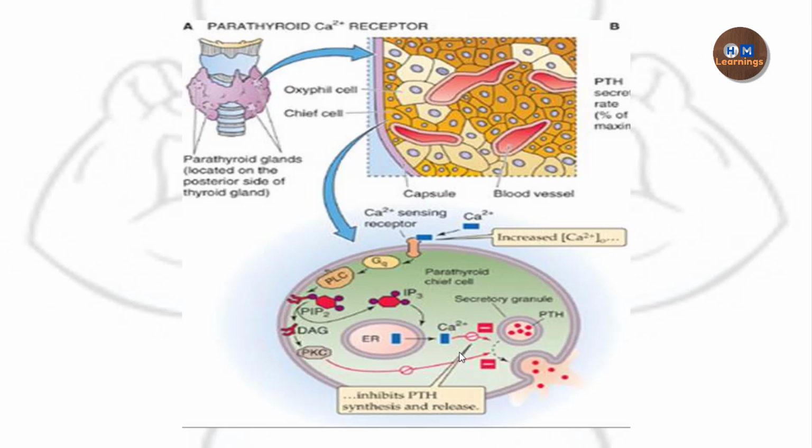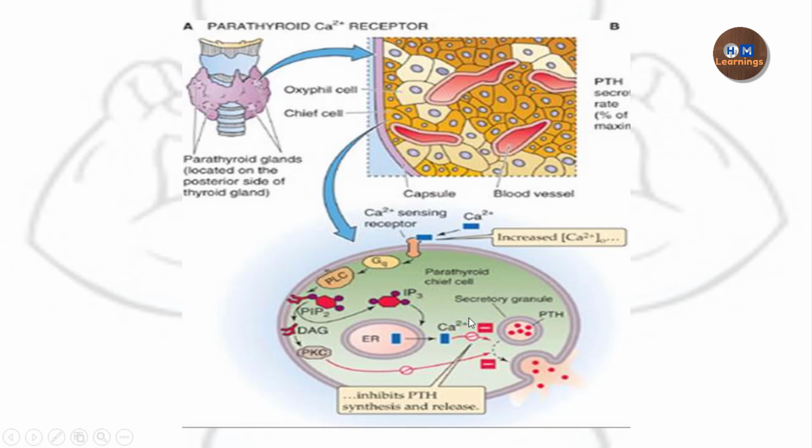Another point you have to remember here is that the calcium sensing receptors have a property: they bind to the calcium in a saturable manner, and as the concentration of calcium increases in the plasma, their affinity towards the calcium will be increased, as well as there will be more saturation of the calcium sensing receptors with the calcium. Definitely if there is an increase in the concentration, more calcium will be there and more binding of the calcium with the calcium sensing receptor. This will trigger this whole process and raise the intracellular calcium level.